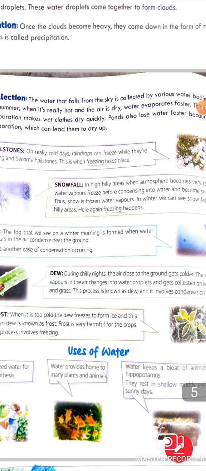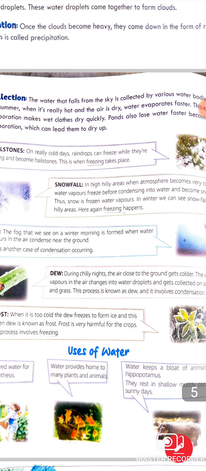So when it is a very chilly night, meaning a very cold night, when the temperature is very cold and the winter season is going on, then the air near the ground is also very cold. If the temperature is cold, then the air around us is also very cold. We feel very cool on that night. Then the water vapor in the air changes into water droplets, meaning the water vapor changes from the gaseous state into the liquid state, which are collected on the